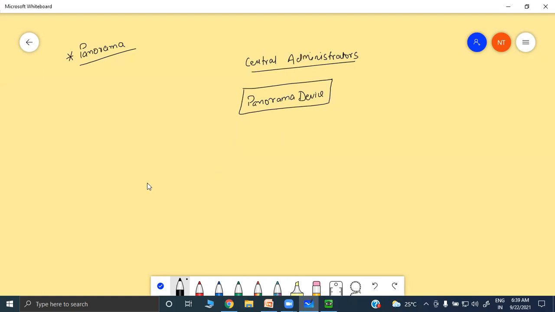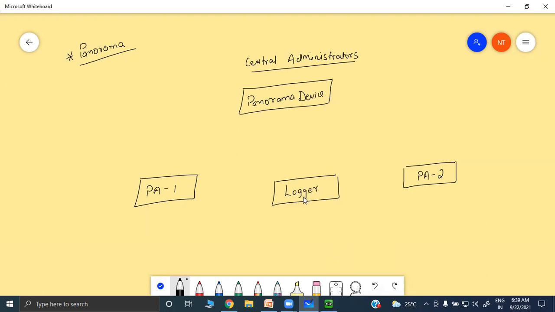Then let's say this is your firewall. This is your logging device. Okay. So from Panorama,